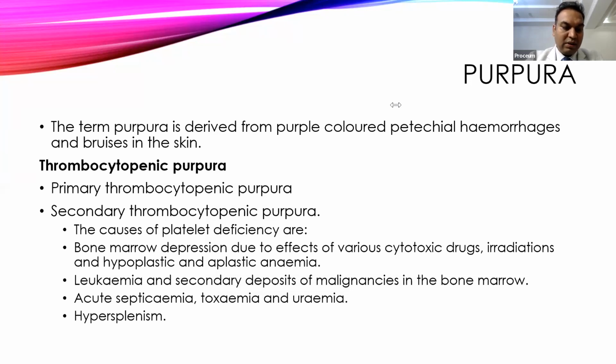Snake venom could be used for treatment, but now we have better mechanisms, so we don't use it; it can cause fibrinolysis within the blood. Dicoumarol is a substance which blocks the action of vitamin K, and vitamin K is essential for the synthesis of vitamin K dependent clotting factors like prothrombin and factors 7, 9 and 10. So the synthesis of those factors will decrease, leading to a deficiency of those clotting factors, which delays the coagulation mechanism. So it prevents coagulation.